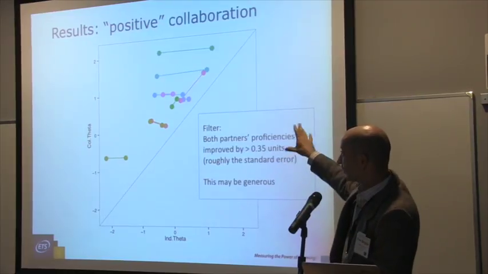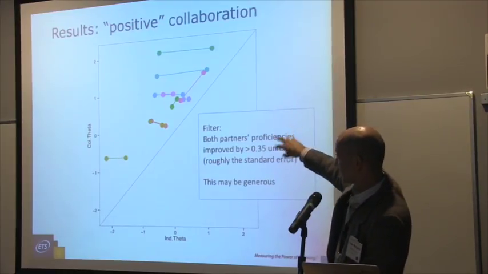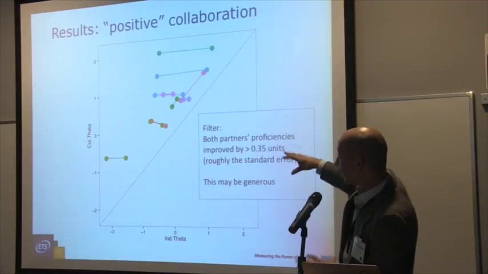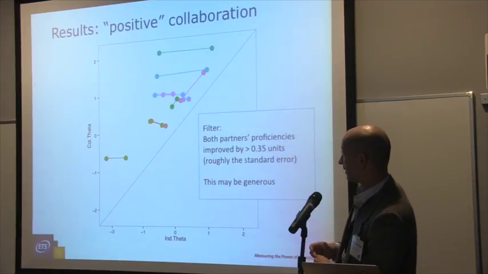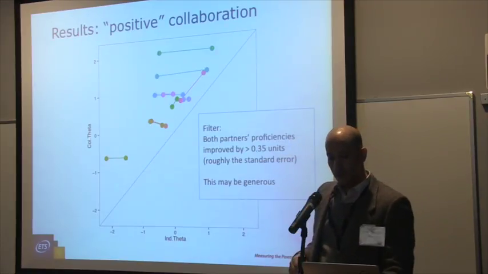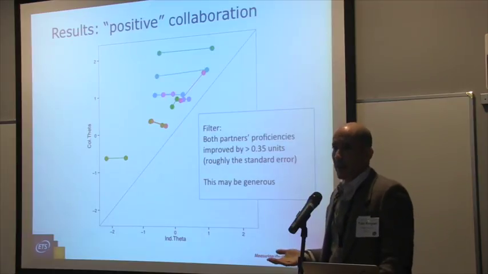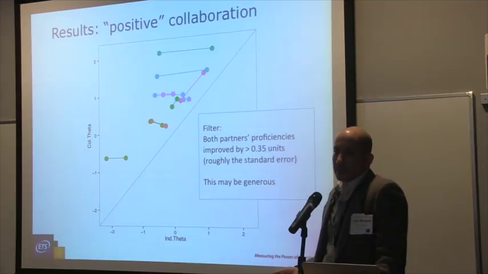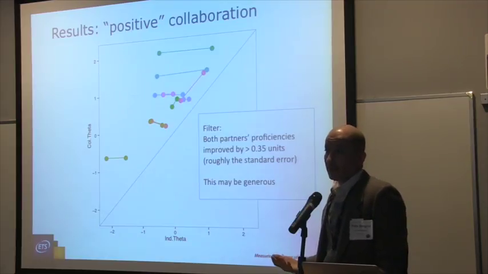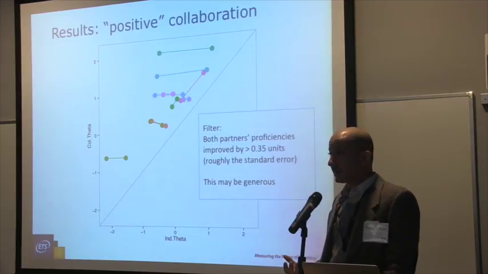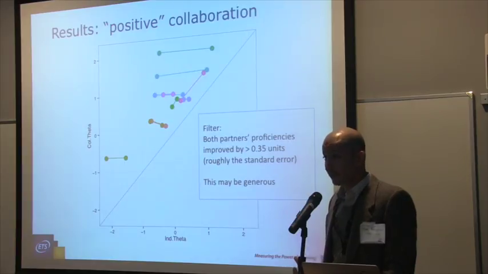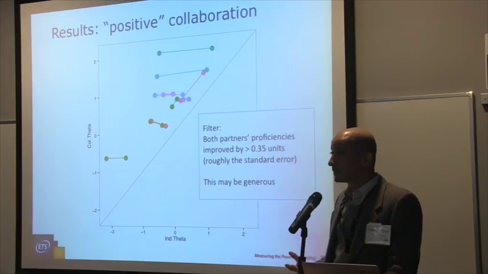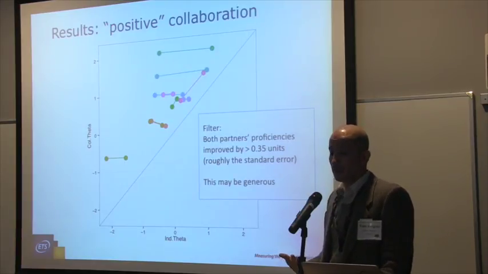Again, notice that one of them didn't give the same answers, that diagonal pink line. But for the most part, the others gave the same answers. So the question is, among these pairs, which represent 10 out of the 46 pairs, what is it that makes them successful in collaborating? And collaborating could really be just sharing information effectively. Like there are some things I know and some things you know, and together we know more.